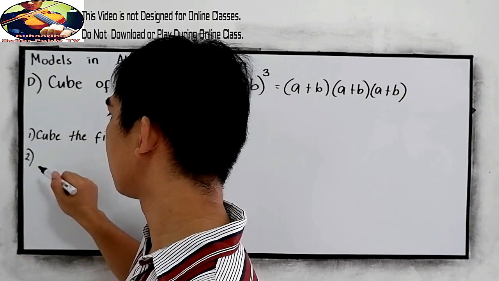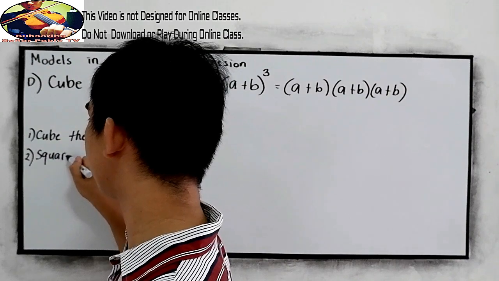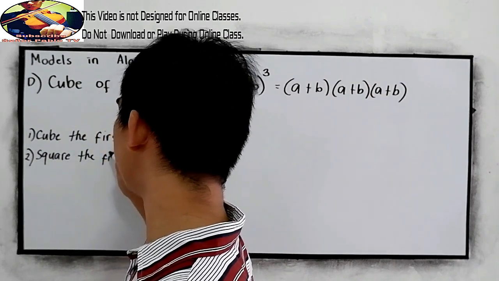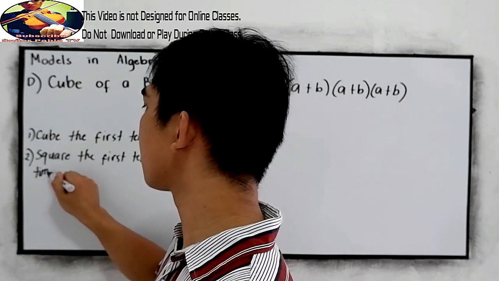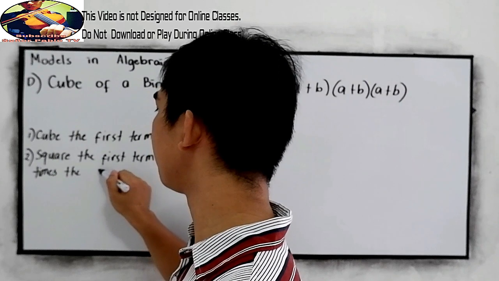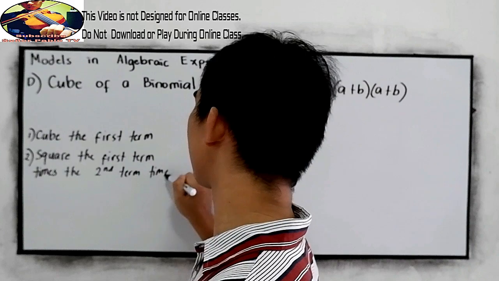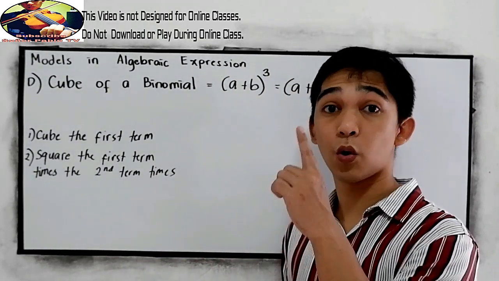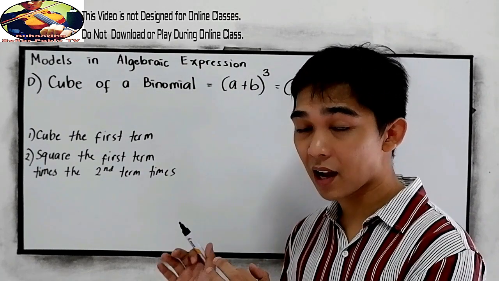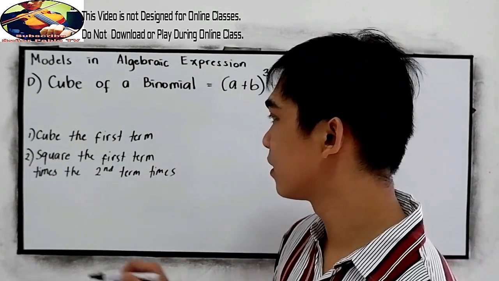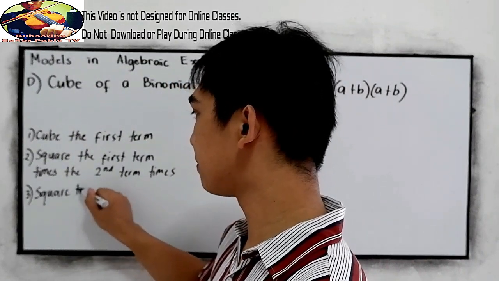Second, square the first term times the second term, times 3. So we need to square the first term times the second term, then after getting the product, times 3. And for the third step, square the second term